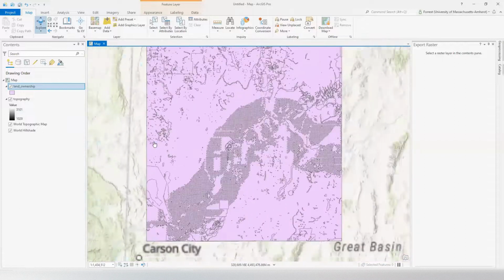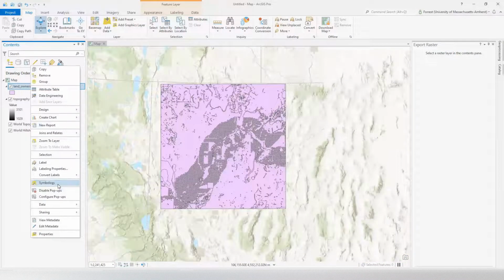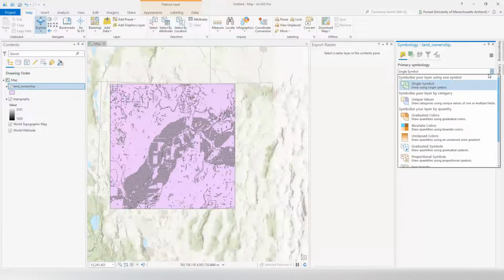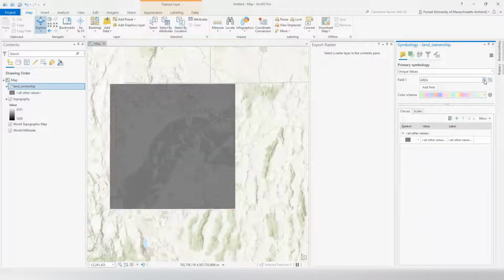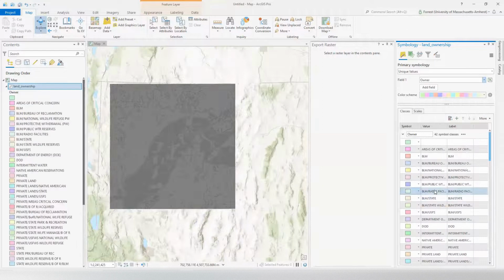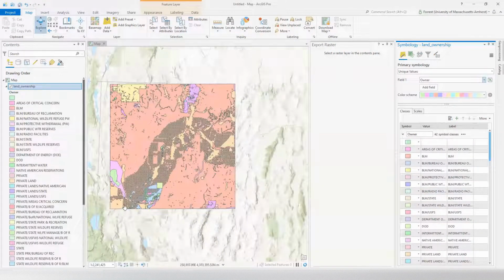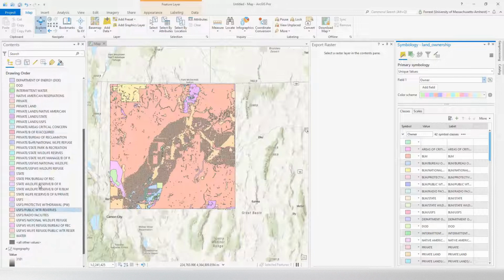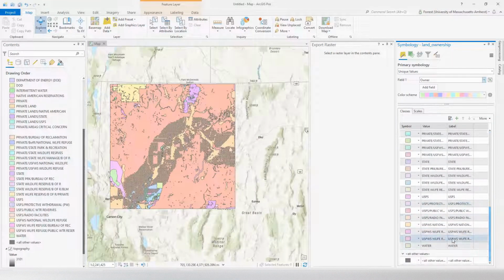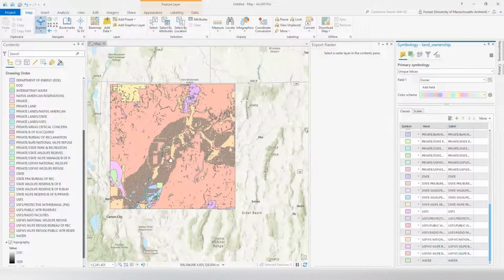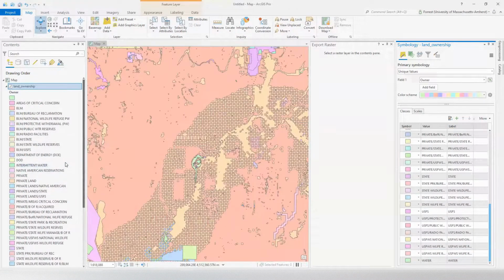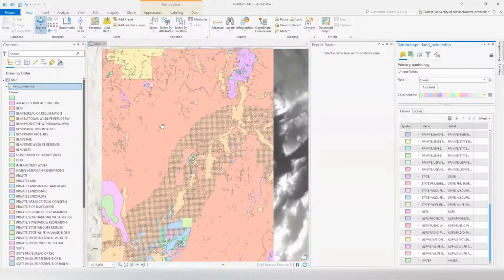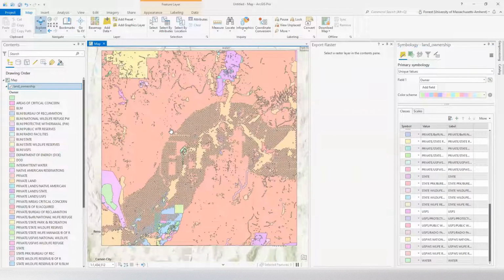If we want to see who's owning this, what they're doing with this here, we could look at the symbology, maybe go into unique values and go by owner. See all these different ownership types out here. Lots of different classifications here. Most of this federal land, federally owned land, Bureau of Land Management, US Forest Service, so on and so forth. So initially you might say, okay, given all these different land ownership types, given all these different people who are owning this land,